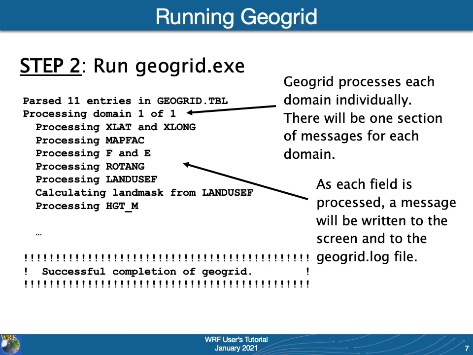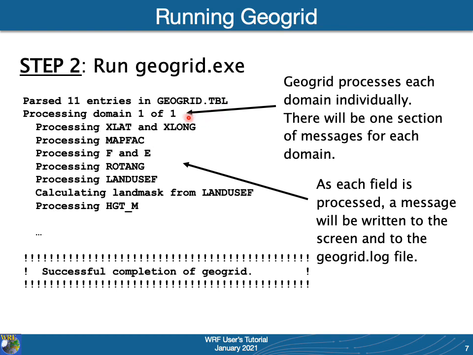So after having made those changes to the namelist.wps file, there's no other files that need to be edited, and we can directly run the GeoGrid program to create our model domain files. When the GeoGrid program starts running, it will write out to the screen and also to a log file the number of entries that were parsed from this file called geogrid.tbl. We'll spend some time in the advanced WPS lecture talking about this GeoGrid table file, but for now we can